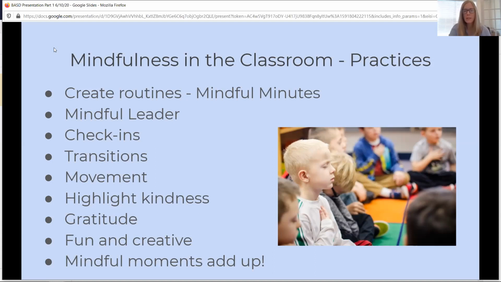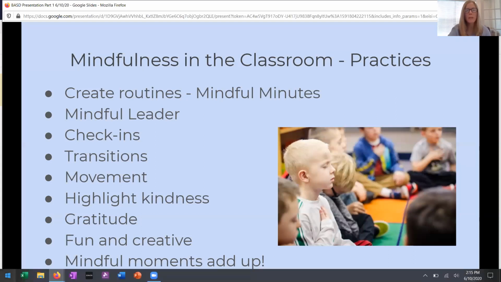You can do mindful breaks, maybe you have cards and the mindful leader picks a card, and maybe the mindful break is doing a quick rainbow scavenger hunt. Find something that's red, orange, yellow, green, etc. Maybe it's really quick, like let's just pause and just notice our feet. Without moving them, just notice them. Maybe look around the room and find 6 purple things. So just very simple breaks throughout the day. Take a minute, 30 seconds, 5 minutes at the most. And all these moments really add up